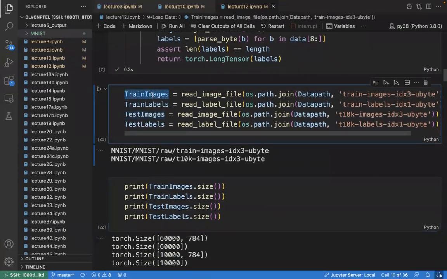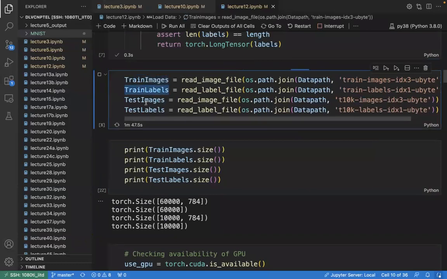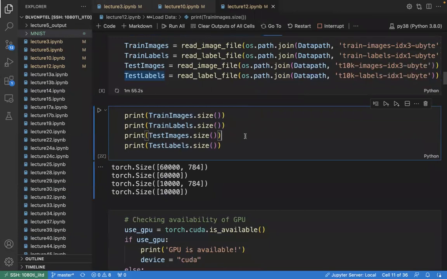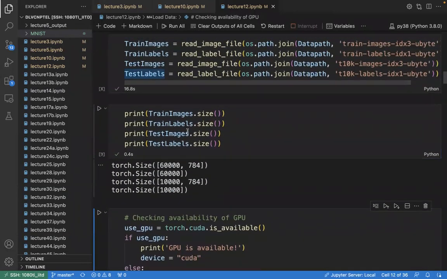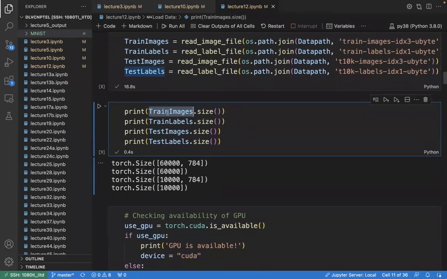So these train images will have all the 7, 8, 9, 10 images, and these train labels will have the corresponding integer values. So if I run this, all these train images and test images will now be loaded into these variables: train images, test images, train labels and test labels. So now, this is a torch tensor. PyTorch is a library, and